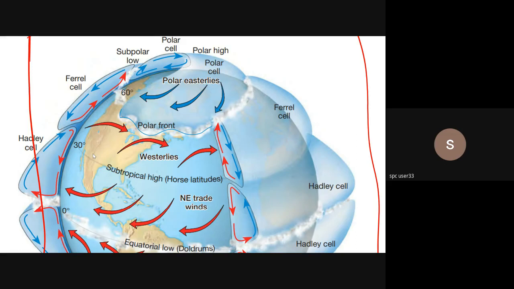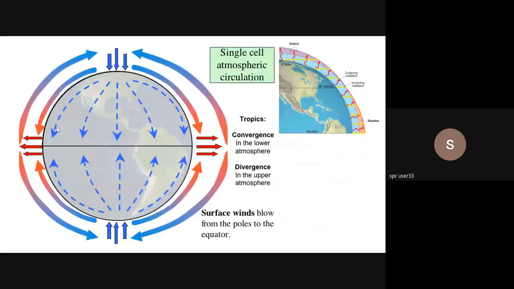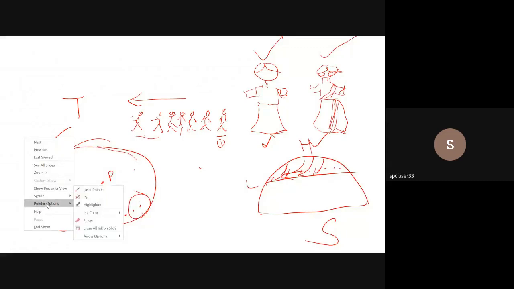See, I don't do this with the arts students. You are science students, and that's why I thought of sharing how these winds blow. These, by the way, are called global wind systems. These are called global winds. You actually have three types of winds. I'll just highlight them for you.